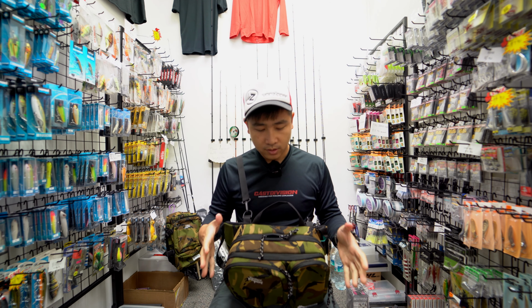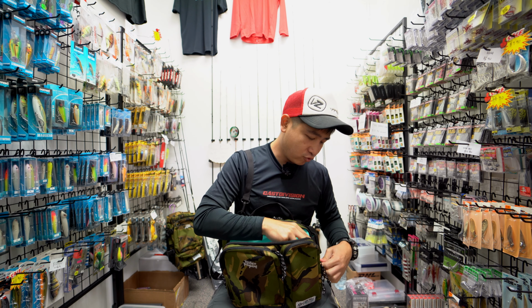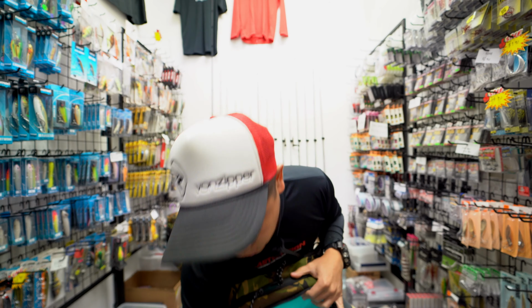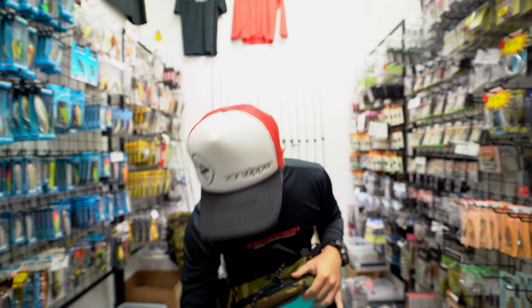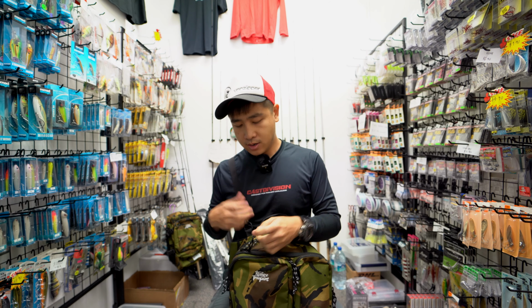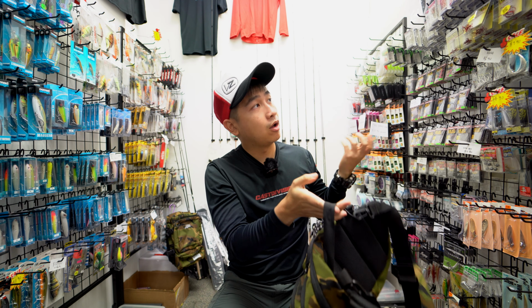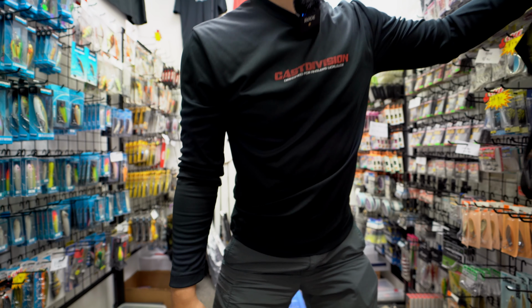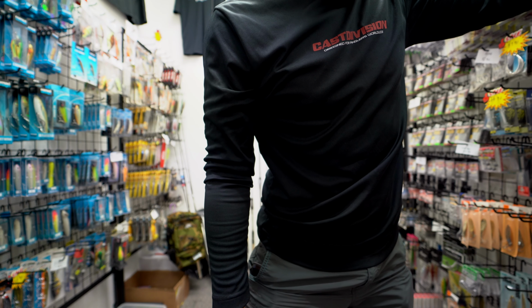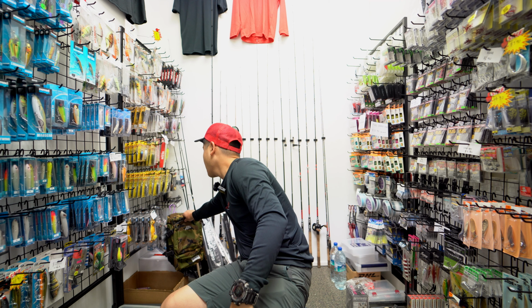Okay, the thing about the Nature Troopers bag is that the bag is designed to fit the tackle box nicely. All the dimensions are drawn out nicely to fit a certain box. And for the waist bag, I suggest that you don't put a lot of load in it. When I go for short trips or urban trips where I don't really need a big bag, then I will lighten my waist bag a lot, to keep things light and convenient. And the Nature Troopers bag, both the waist and the magnums have